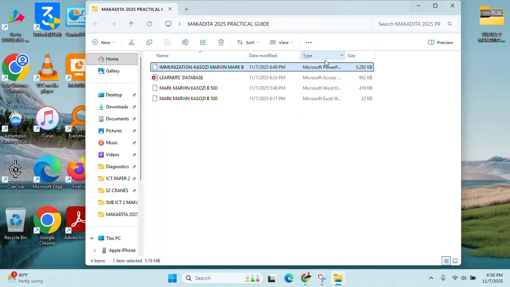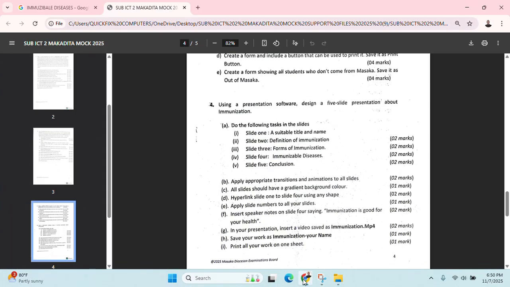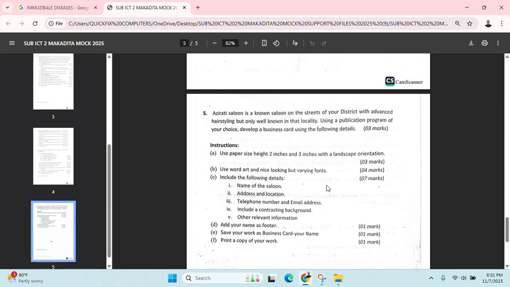Lastly, that is Microsoft Publisher. In this very paper, I was required to do Microsoft Publisher, and Publisher is also a number that is done in a practical paper A6. It deals with designing business cards, flyers, certificates, magazines, book covers, calendars, brochures, etc. For this case, this is about Azerati, something like Azerati Saloon